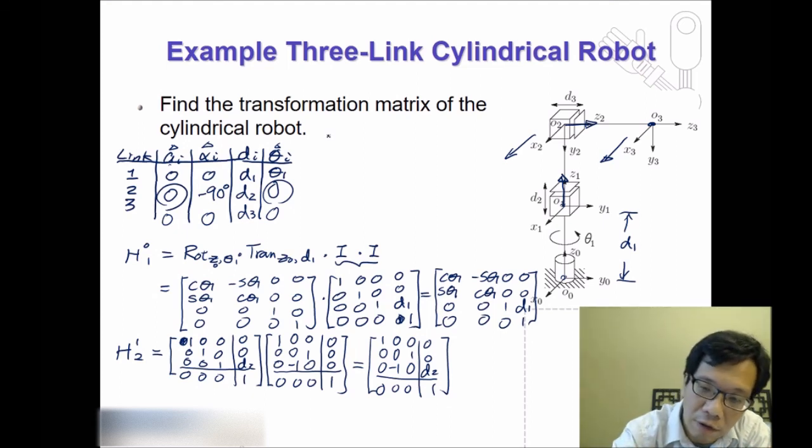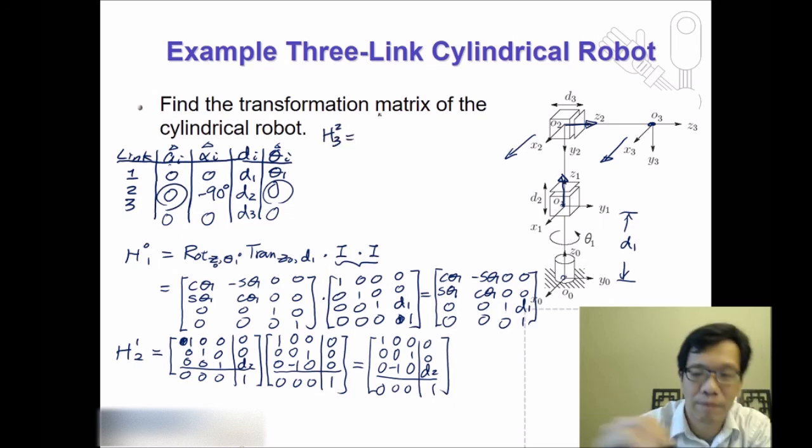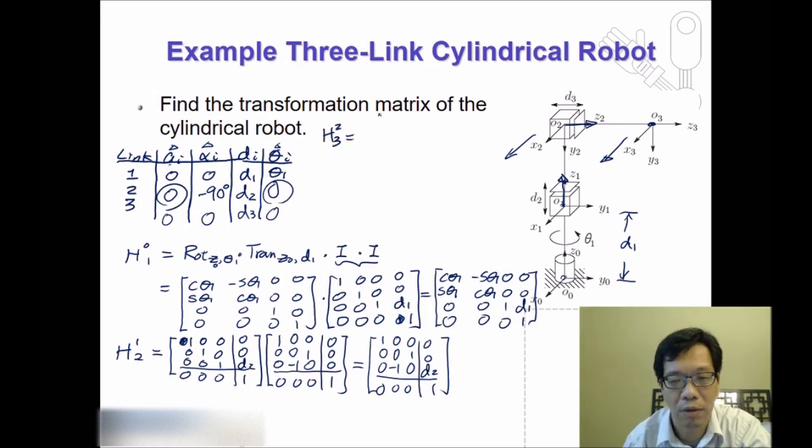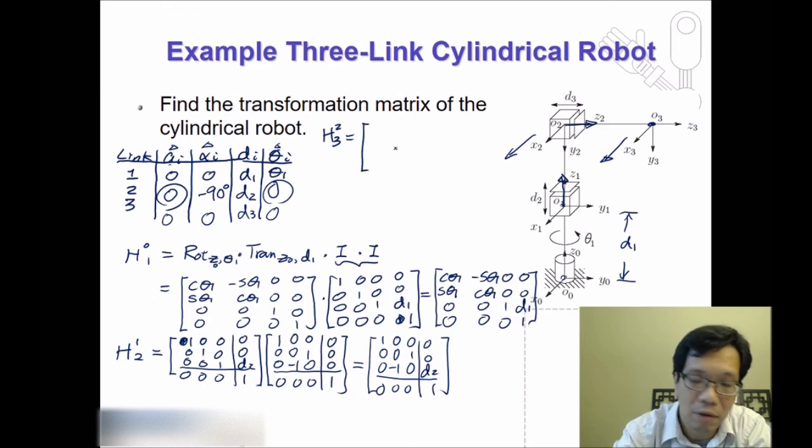Now, if we want to do that, H2 to 3, this time is going to be straightforward as well because I got three identities. The rotational about the z-axis, which is corresponding to theta, and the twist angle, which is corresponding to x alpha, and the one with a. So I got a single matrix, which is going to give me,